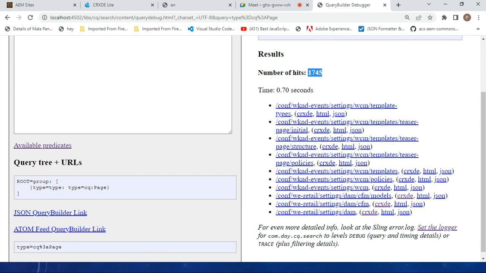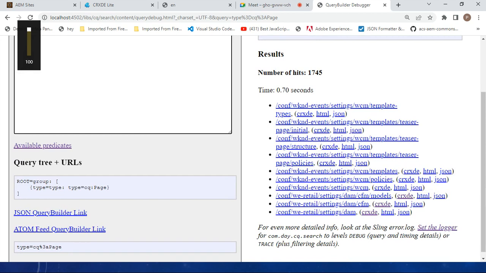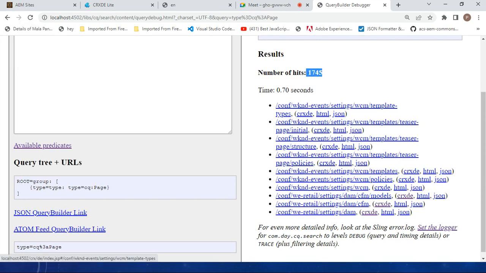1745 results are being returned, but it's only printing 10. Okay, so why is it printing only 10? Because that's the default. This is the result that we are getting, but it's only printing the first 10 results because of the default. If you want to change from the default and print all the results,